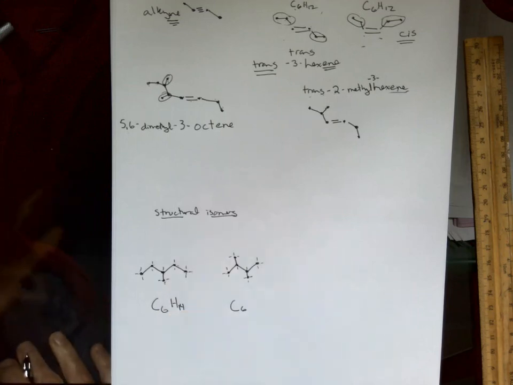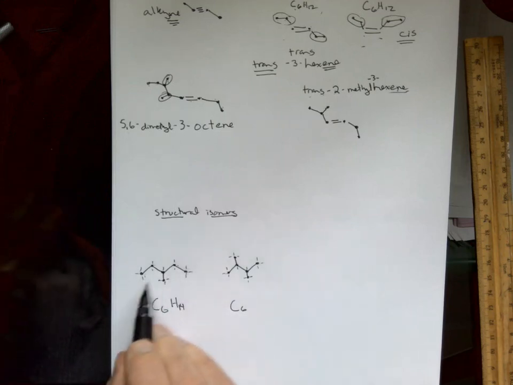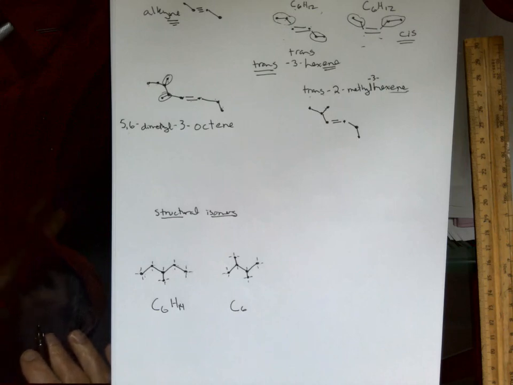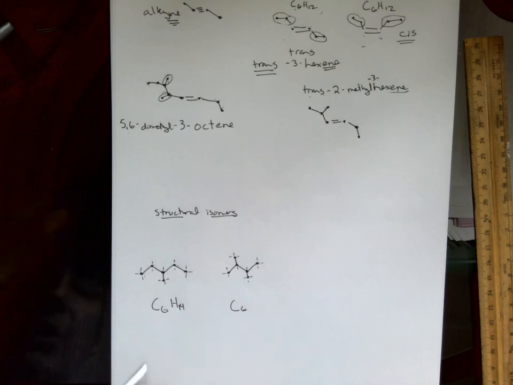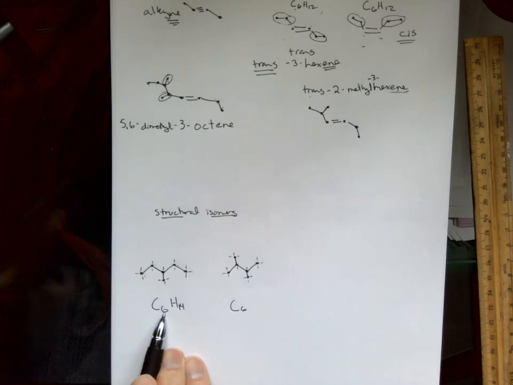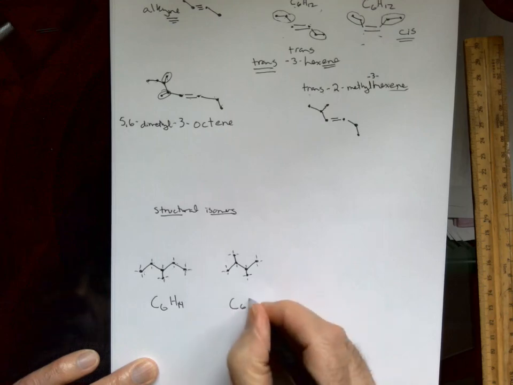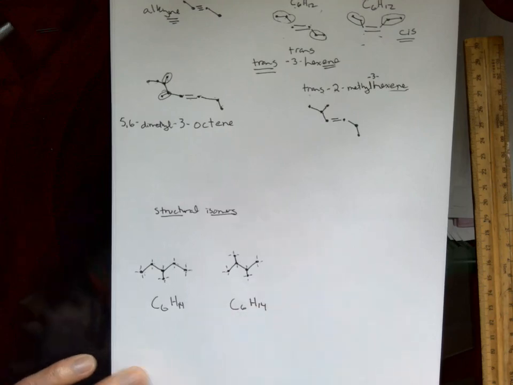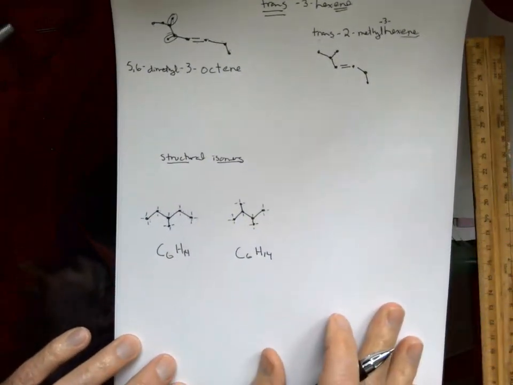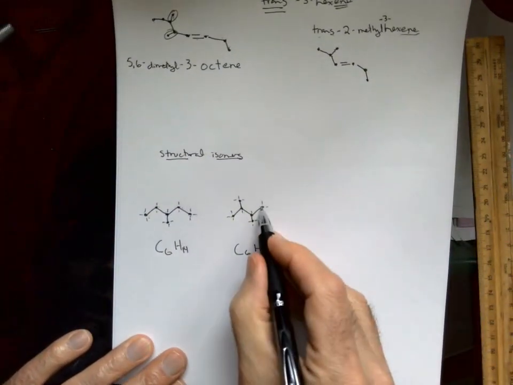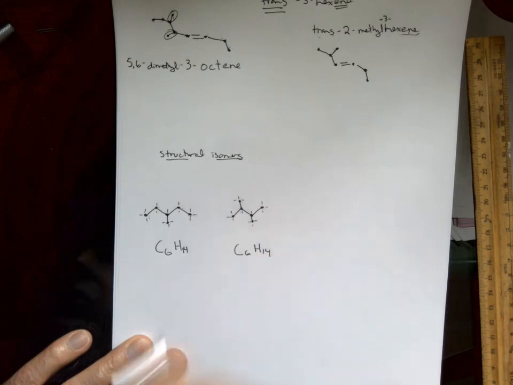Here's the bottom line. If you don't have any double or triple bonds in a structure and all you have is single bonds, if you want to know the number of hydrogens, double the carbon number and add 2. So 6 plus 6 is 12, plus 2 is 14. That will tell you how many hydrogens you have. Even though this structure looks different, it will also have 14 hydrogens. I think the big take-home point for you is that every carbon needs to have 4 bonds or 4 lines